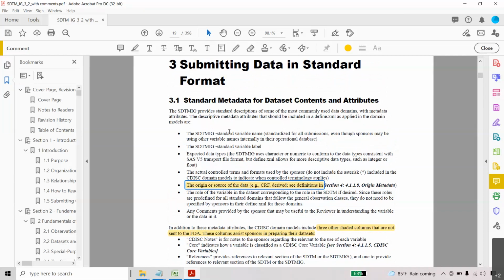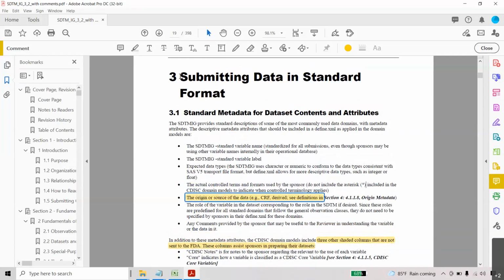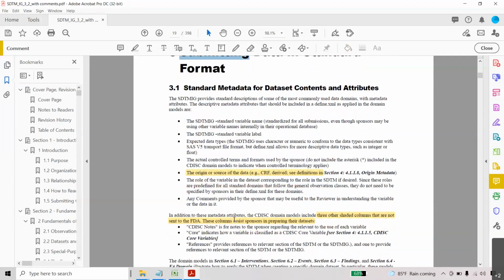Within the data, it should be as per the SDTM IG standards, and these are the conditions. That's why submitting data means regulatory submission. How the data should be presented, that is the information they are giving here.